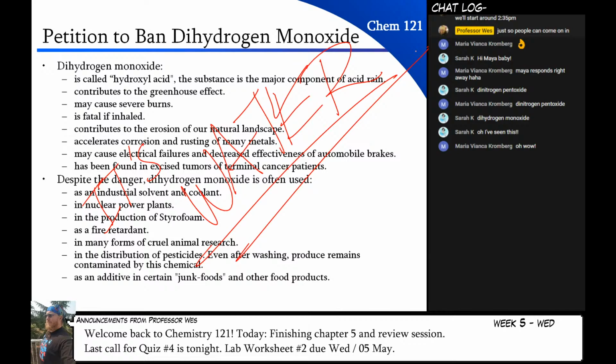Right? Like, this is the stupidest thing ever. Who would be fooled by this, because you're in a chemistry class, right? Like, it's water. Of course water does all these things. Of course water is the major component of acid rain, because acid rain is rain, and there's water in it. Of course it's fatal if you inhale it. You'll drown. Like, duh, right? But you can manipulate these facts in such an interesting way that